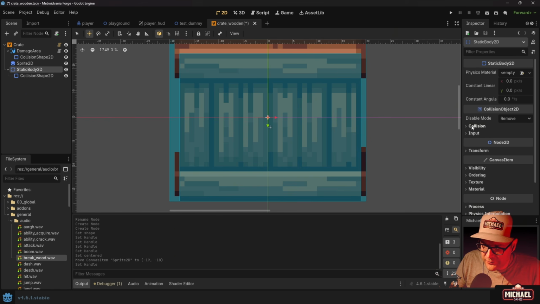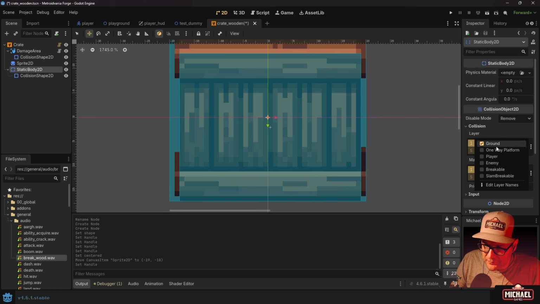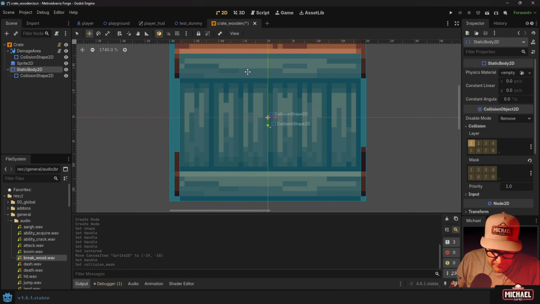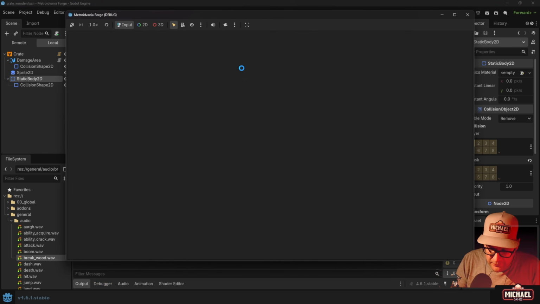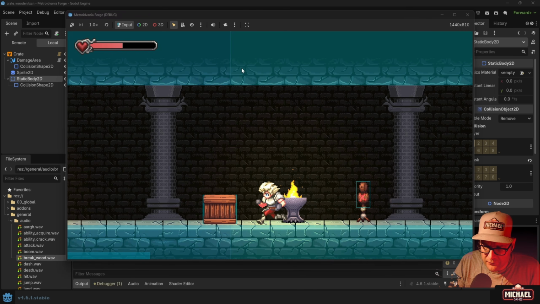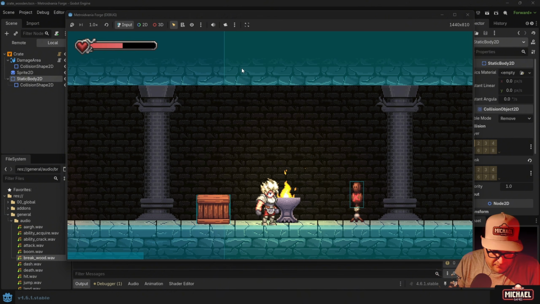We need to make sure this static body collision is set to something that makes sense. So ground, yeah, that's good. We can turn off the mask. Okay, so now when we run the game, I can jump on these boxes and maybe not walk through them,